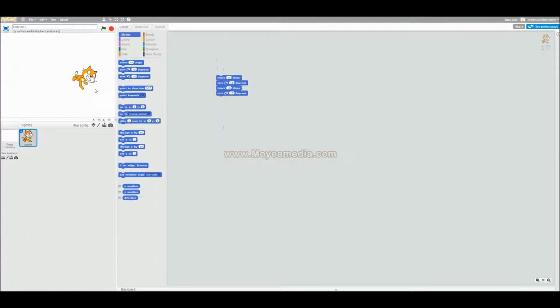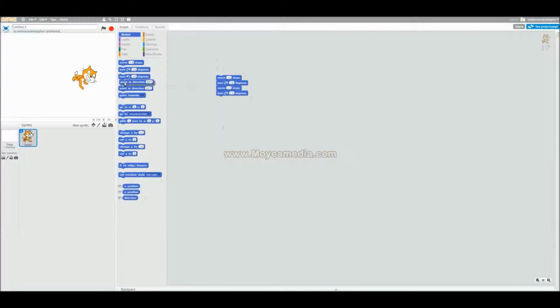So basically what we're looking at is all of these different boxes here do some variation on what we just showed. And they're pretty self-explanatory. If you're not sure of one, they have tutorials and they have explanations, and we're also going to talk about it in class tomorrow. But if you look at some of these things, like this one, instead of making it turn 15 degrees, it'll point it in the direction 90 degrees. So if we've got 0, 90, 180, 270, and then 360 and 0 again,